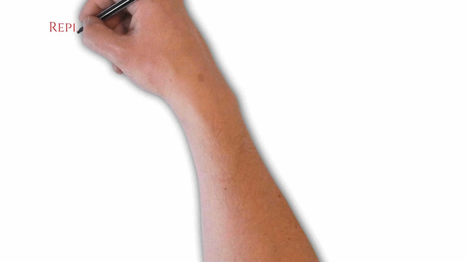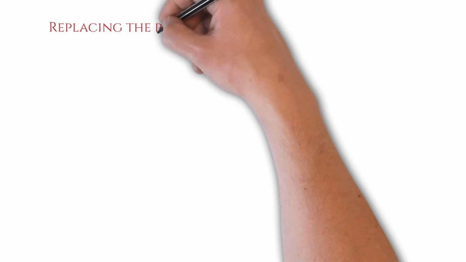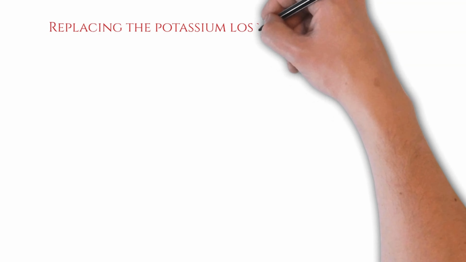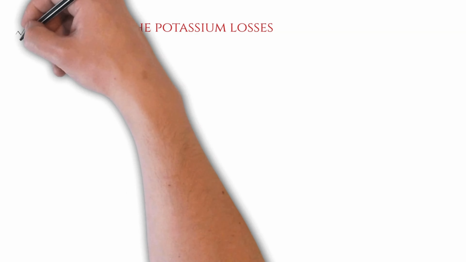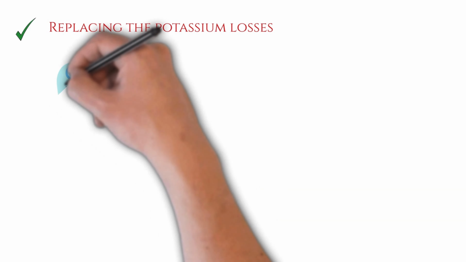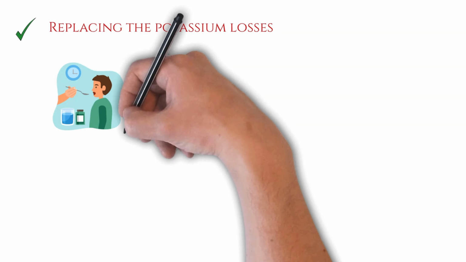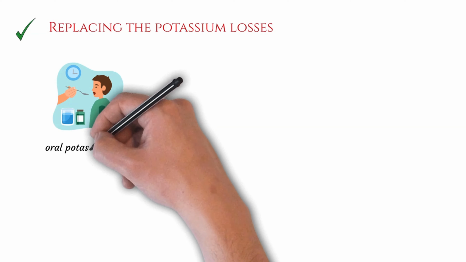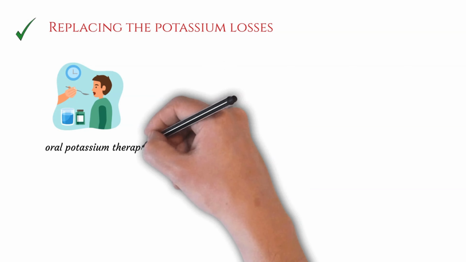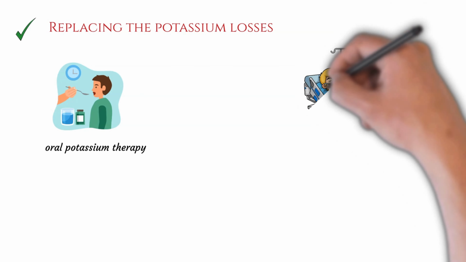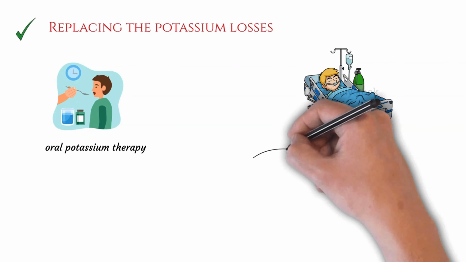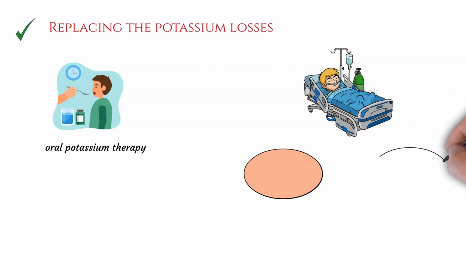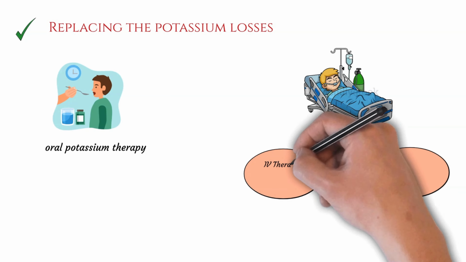After stopping the ongoing potassium losses, we have to replace the potassium which has been lost already. If the total body reserve of the potassium decreases by 200 to 400 milliequivalents, then the serum potassium will decrease by 1 milliequivalent per liter. It can be replaced either by oral therapy or by parenteral therapy. Oral potassium therapy is normally well tolerated and your doctor can prescribe you syrup potassium chloride. If this is not good enough, your doctor can also give you a parenteral IV preparation,